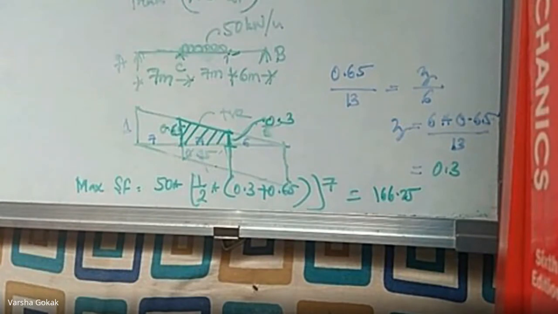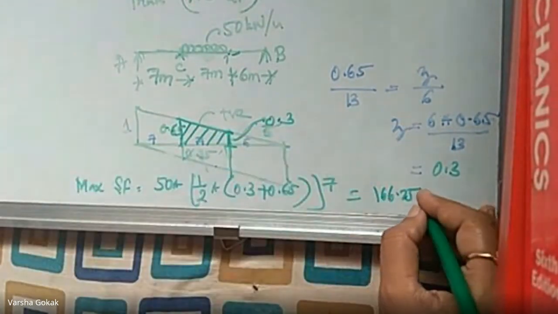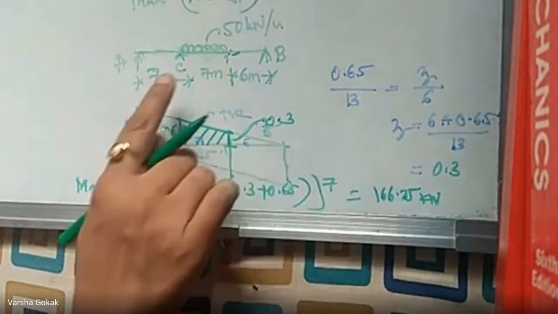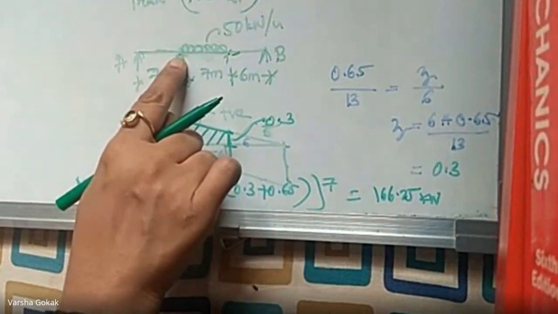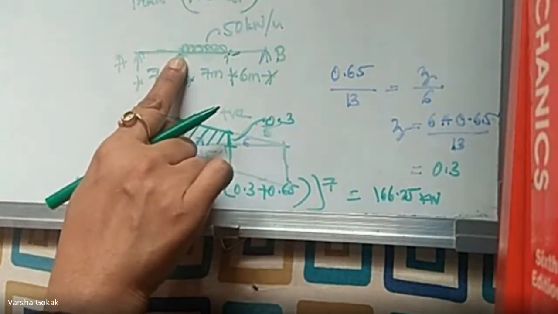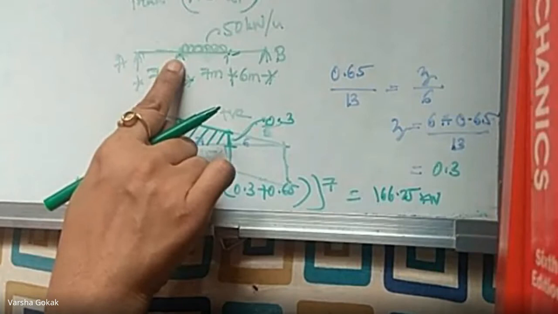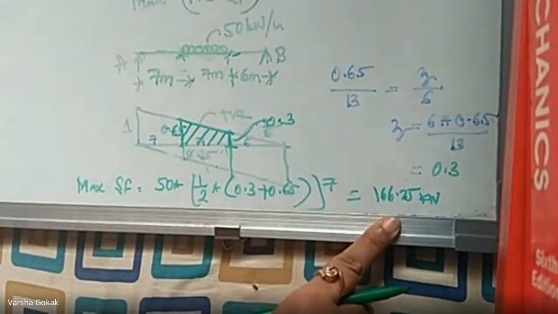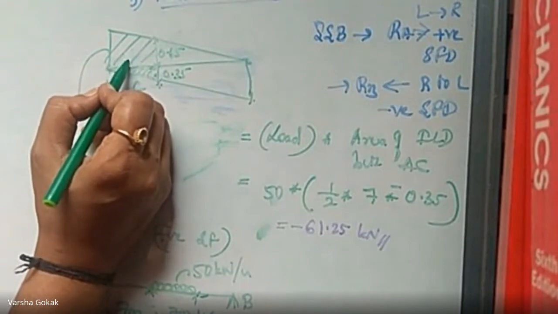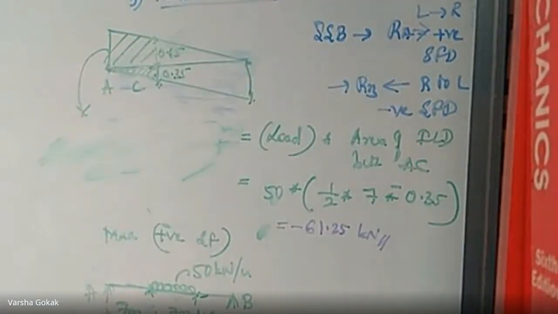Okay. So this is going to be the maximum shear force when I place the head of the UDL at point C. Again, I'm emphasizing, when I'm changing the positioning, that time this is the value. Else it would be the area of this trapezoid. Okay. So this is about your shear force. Then next comes the bending moment. We'll brief up again at the end of the problem, the procedure.